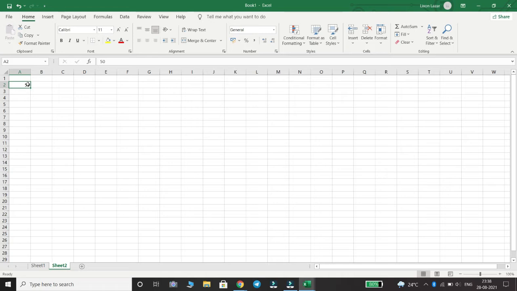Let's see one more example. I am going to change the value in sheet 2. In cell A2, I am going to change the value to 100. It is in sheet 2. Because I gave a reference of the cell to sheet 1, the value in sheet 1 also changed. See, the value of cell A1 in sheet 1 also changed accordingly. This is known as reference to other worksheet.